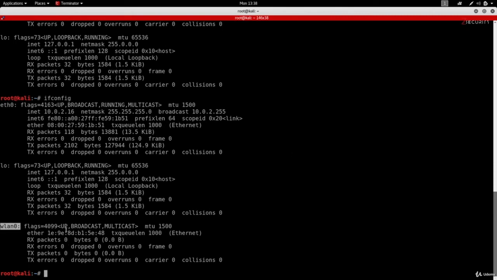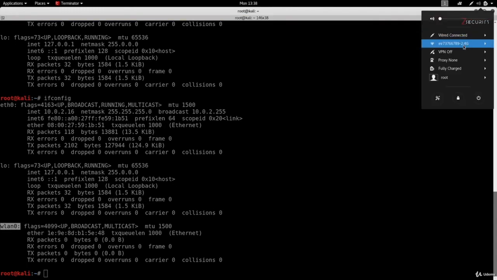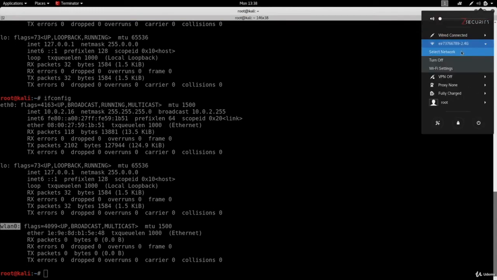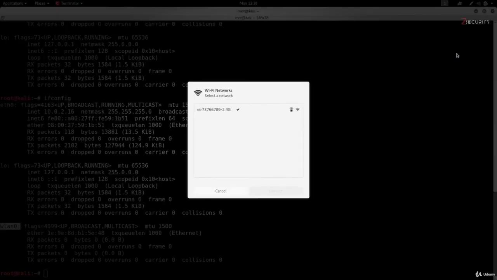And what I'm going to do is I need to connect this adapter to a Wi-Fi network first before I can discover all the connected clients to this network. So I'm going to go to my network manager. I'm going to click in here, and you want to click on select network. And as you can see, automatically now it actually connected to a network. But in your case, you'd want to select a network and click on connect, and then it will ask you